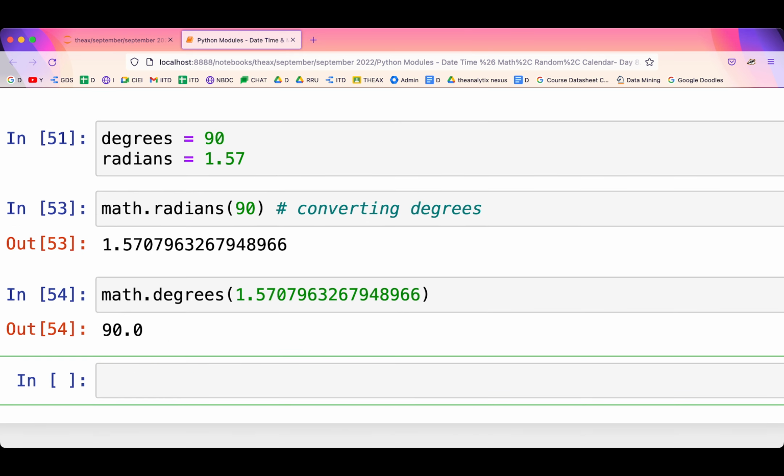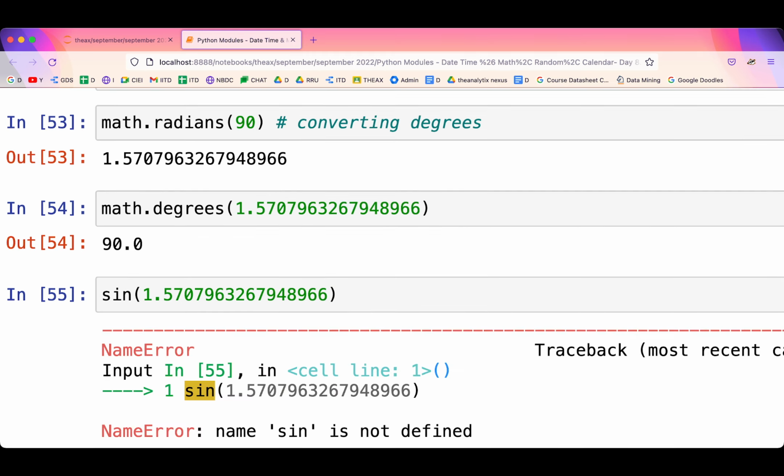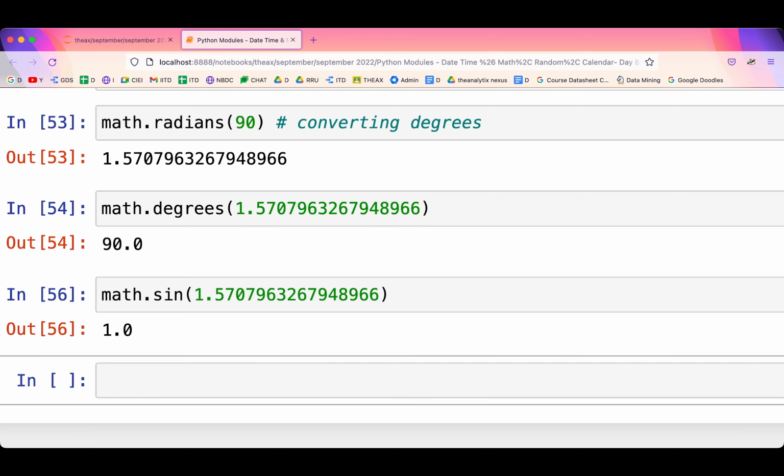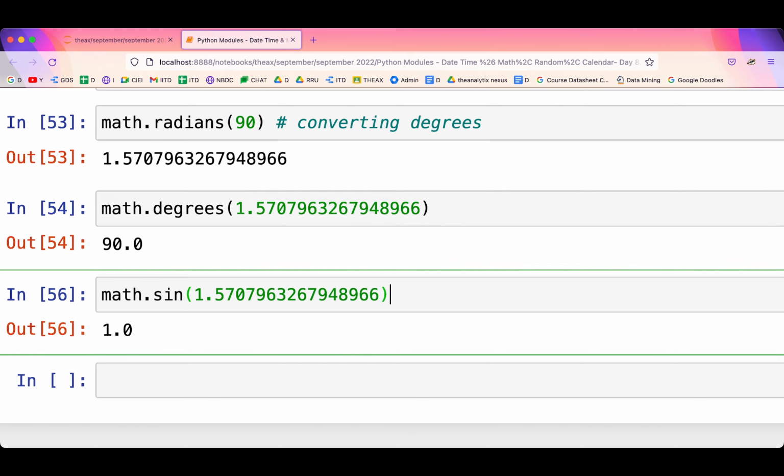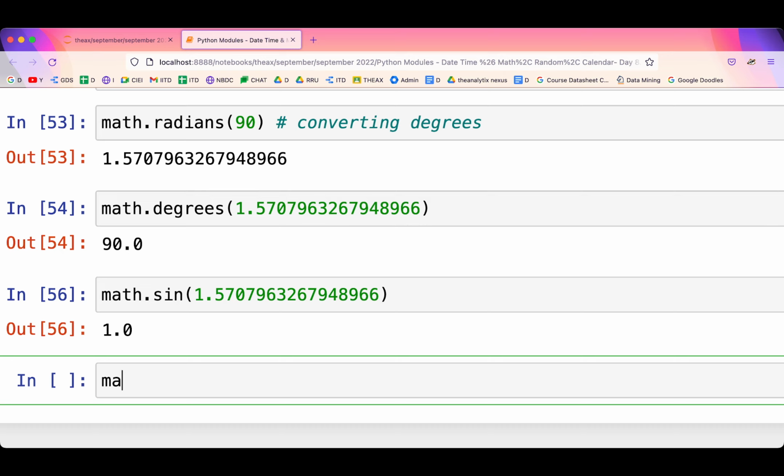And I get this. Now if I want to find a sine value of this, you have to put it like math.sin. The math.sin value of this gives you 1, which is the sine 90 value. Similar to this, if you take math.cos of 90,